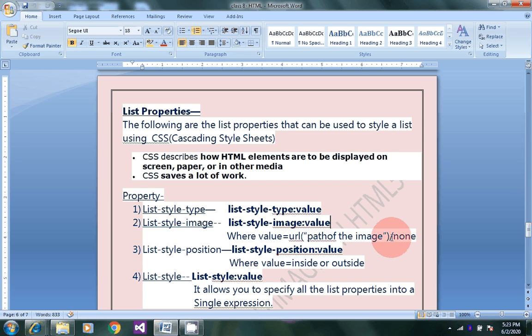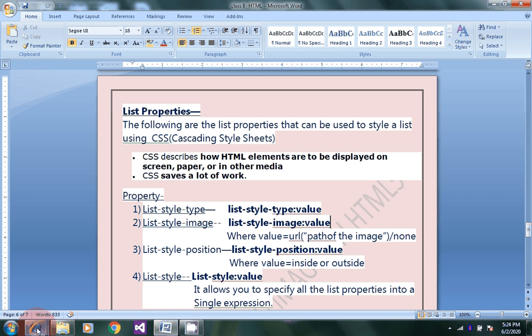Okay, the third property is list-style-position. The syntax is list-style-position and value, where value is inside or outside. It indicates whether the marker should appear inside or outside the box containing the bullet points.